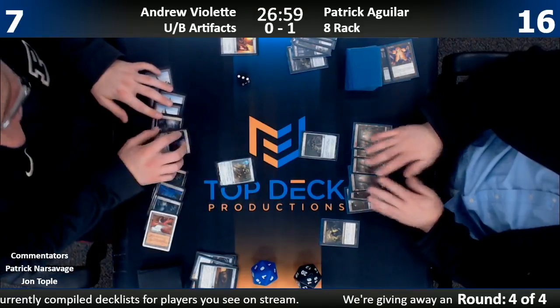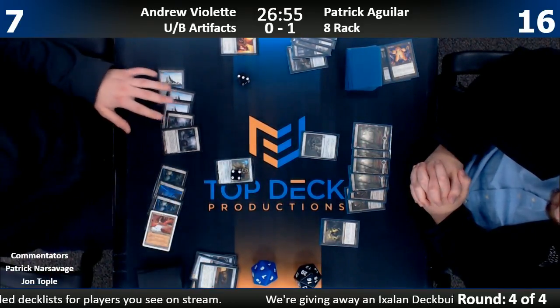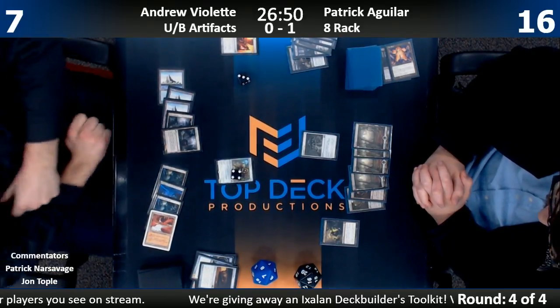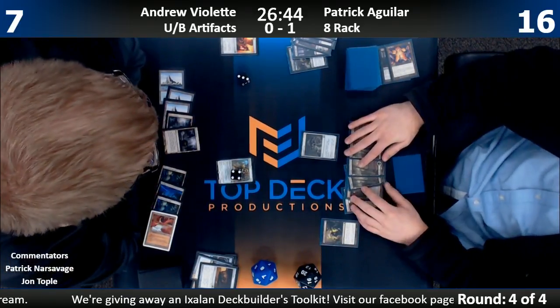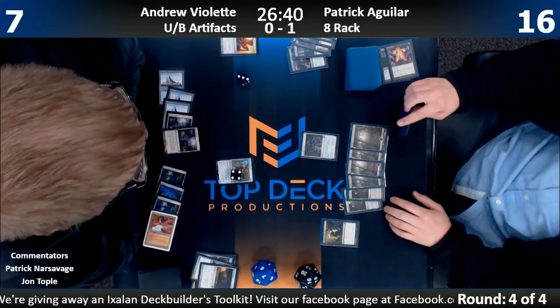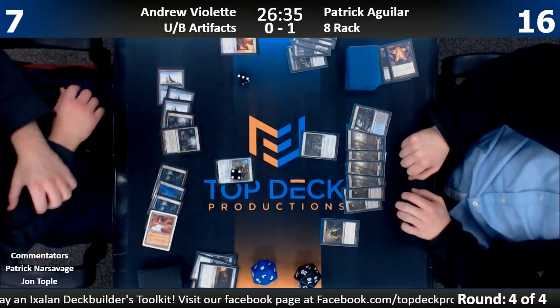What is Andrew playing? Oh, just a Walking Ballista. Yeah, I can do it. Walking Ballista for 4. So what I don't understand is why Andrew's had a Ghost Quarter for a while, so I don't understand why he didn't crack the Ratchet Bomb on one. Because he didn't know he was drawing this Walking Ballista. I think the